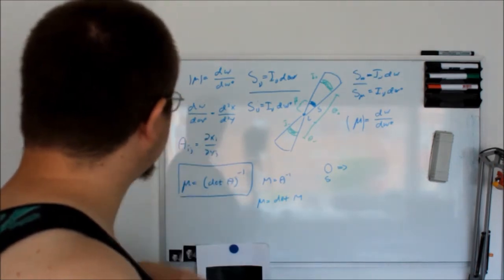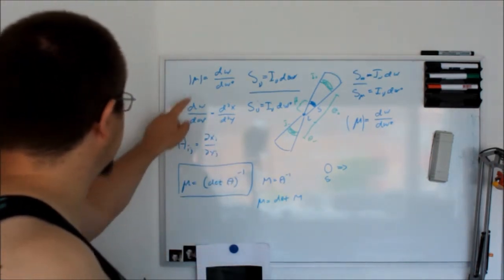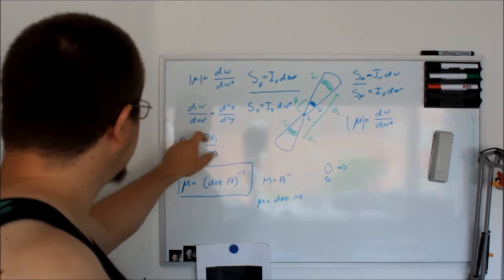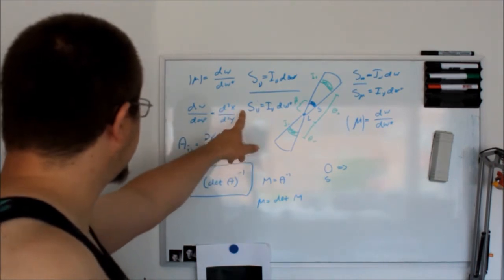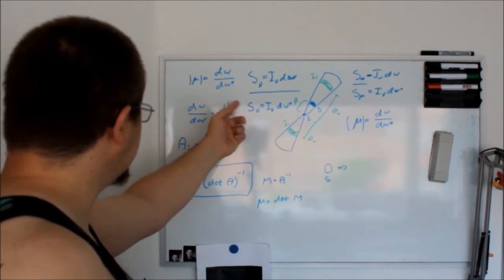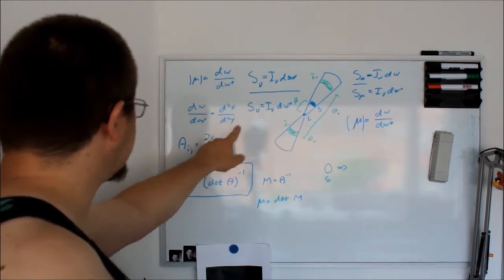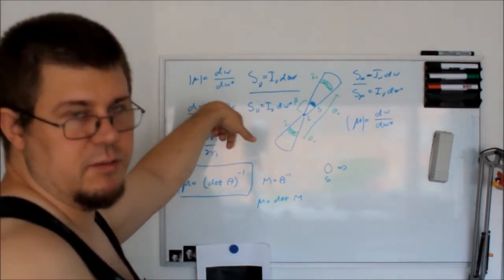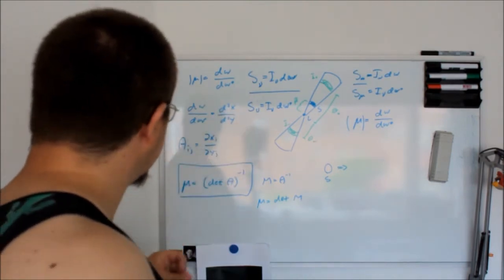Now you can change the units around. So instead of having d omega over d omega star, you can replace them. So you get d squared x over d squared y. This means that it's a double differential or double derivative. Then you can